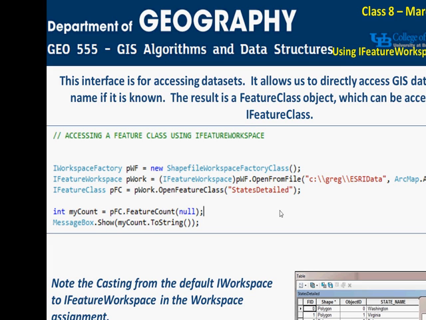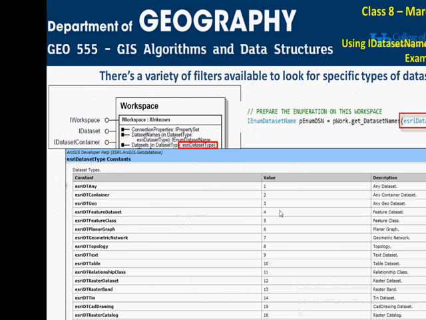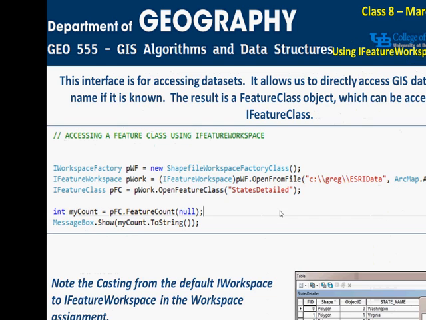And so now that would be used if, say, we don't know the layers, and we're using this to get a list of layers in the folder. Sometimes you do know. In this screenshot, I know that in this folder I have a shapefile called states details. I can get to the feature class, remember, feature class is the GIS data, with an open feature class method